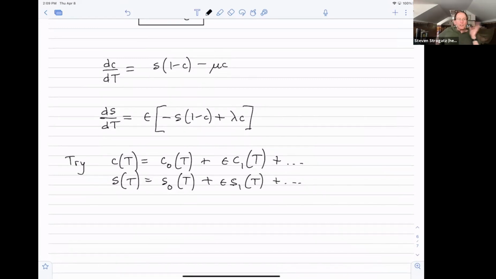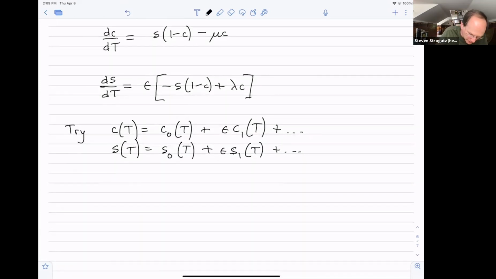Try that. And we can go to lowest order. That gives us as much as we need. So just focusing on the lowest order terms, you would get dC0